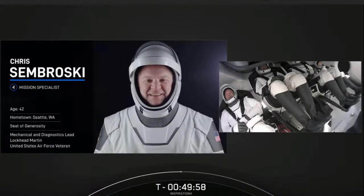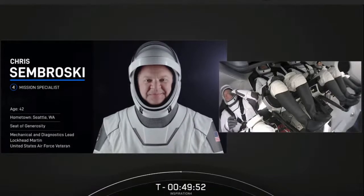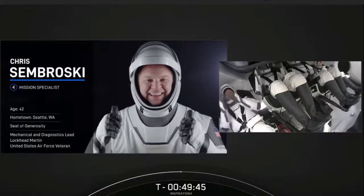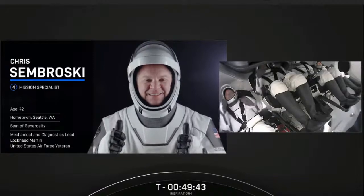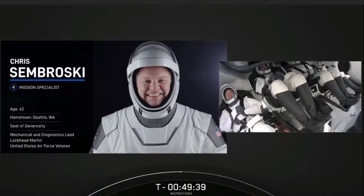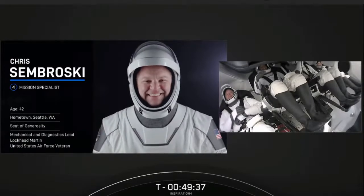to mission control. He is a 42-year-old mechanical and diagnostics lead at Lockheed Martin and a United States Air Force veteran. As an amateur astronomer, he grew up with a natural curiosity about outer space and even worked as a U.S. space camp counselor. He was awarded the seat of generosity after contributing to a special fundraising campaign for St. Jude Children's Research Hospital. Let's meet Chris, the inspiration for...